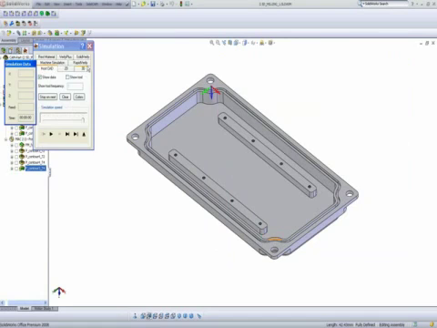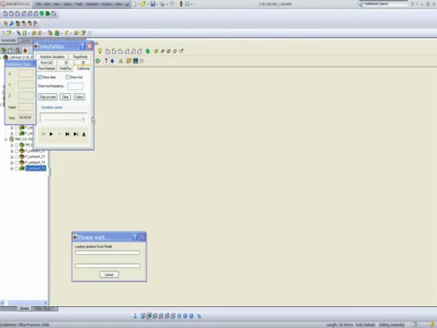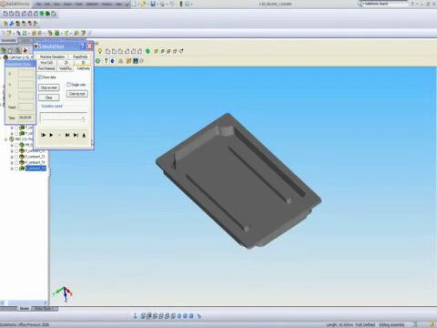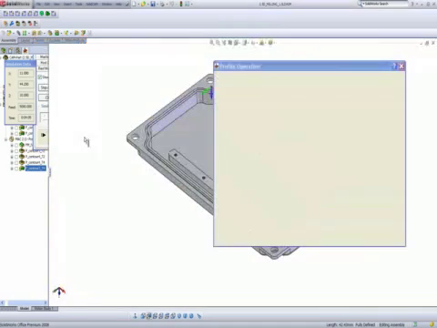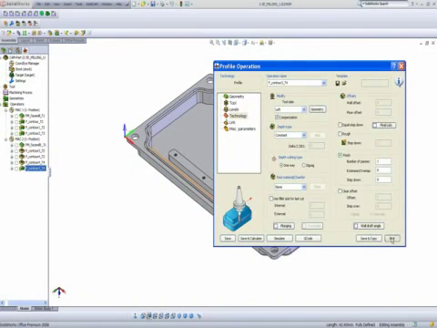Now when I do my simulation, you'll note that the tool will go down and it entered at that point over there, and now it's simply working its way around, finishing the wall of